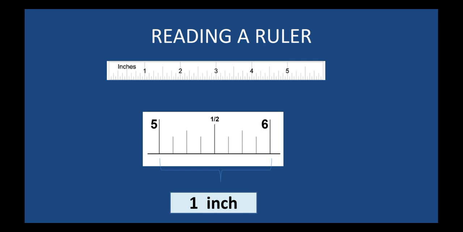Alright, so keep it carefully in your head. Try to remember this, that the distance between the inch markings, between 2 inch markings, is equal to 1 inch. Like for example, you have 2 inch markings over here, 5 and 6. So the distance between 5 and 6 will be 1 inch.